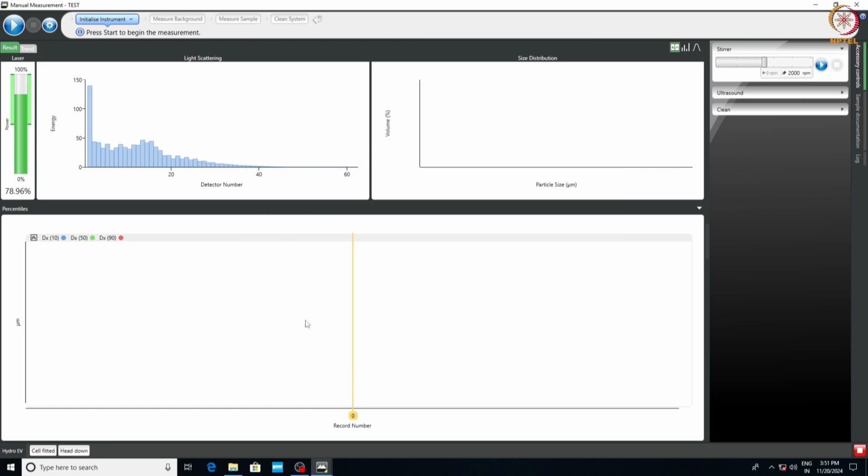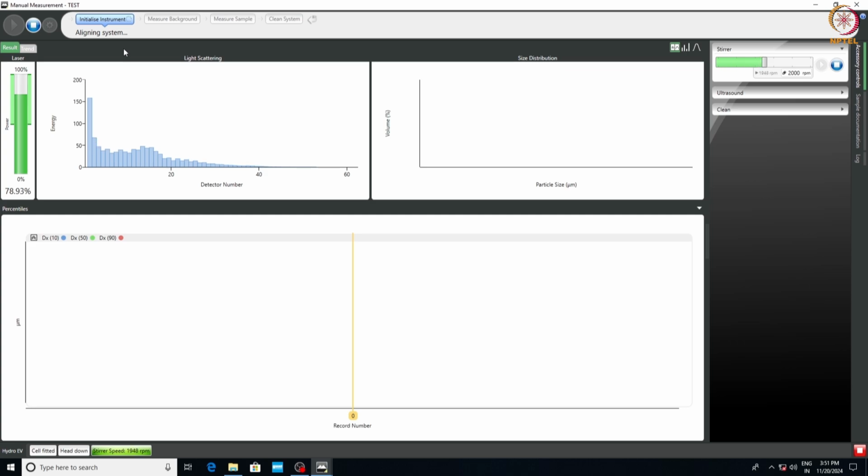The next section is not very relevant, so we will skip that. After all the settings are input, you will come up with this additional tab where it will ask you to analyze this instrument. Just click this button and it will start initializing.